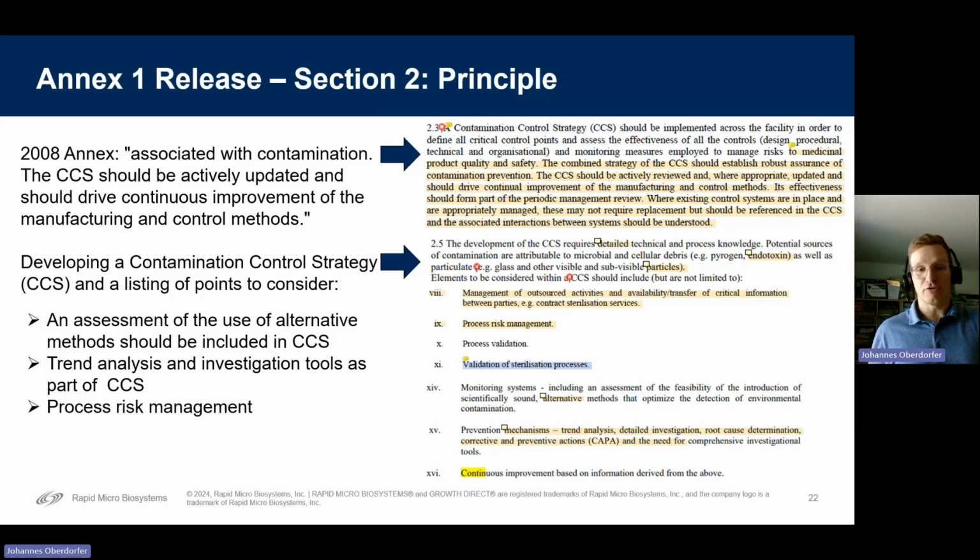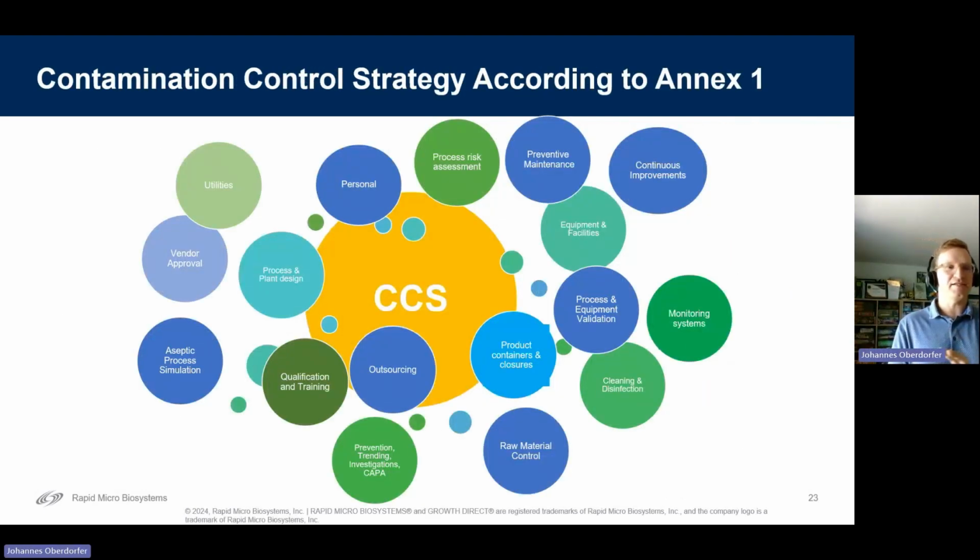The contamination control strategy is a big portion of the Annex 1, where we now also have a clear definition of what the content of the CCS is, and also in the assessment of alternative methods, where you should assess why you are not using these technologies. So the CCS contains many different parts, and we could talk one or two hours about the CCS on